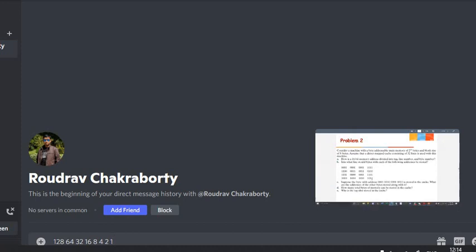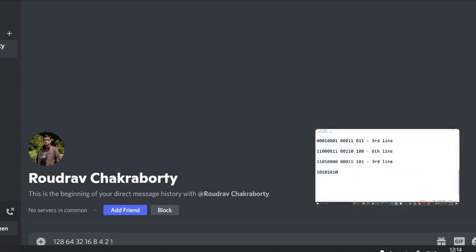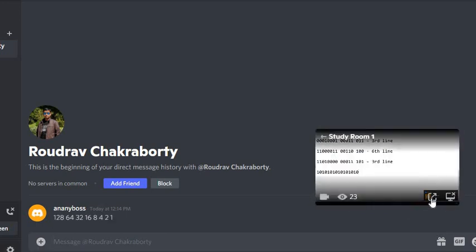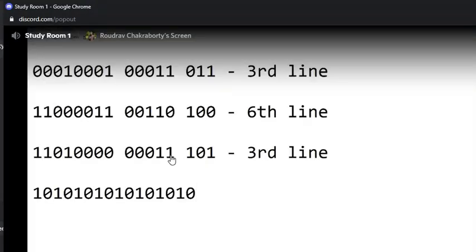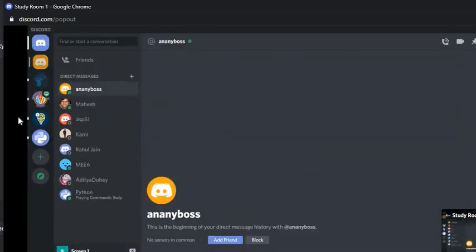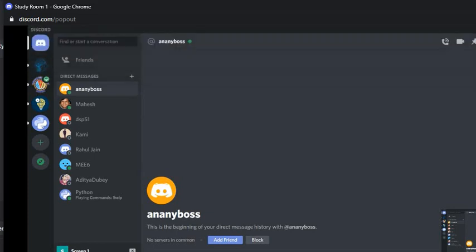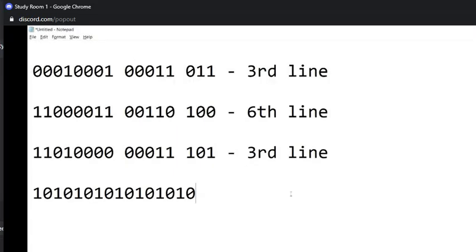Okay, the last one is 1010 1010 010. Correct. So 2 raised to what power? Explain how that is going to be the sixth line, the second one. I didn't get it. Okay, sixth line, right?